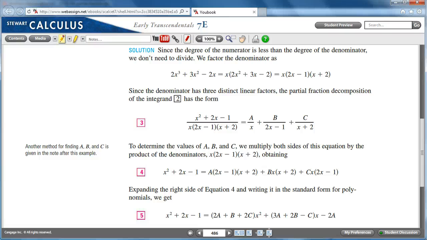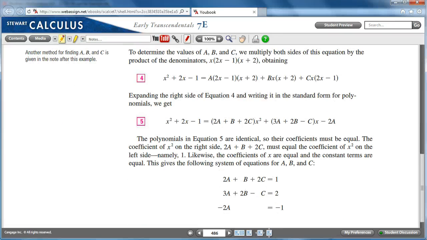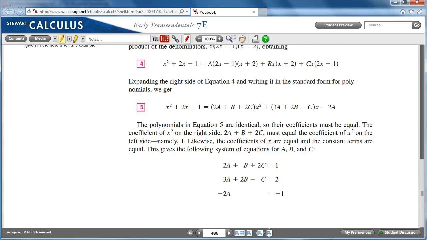And comparing the coefficient of x, 3a plus 2b minus c has to be equal to 2, and negative 2a equals negative 1, and what do we get? We have a system of linear equations. Solving this system of linear equations using all kinds of techniques you went through in elementary and intermediate algebra, we're